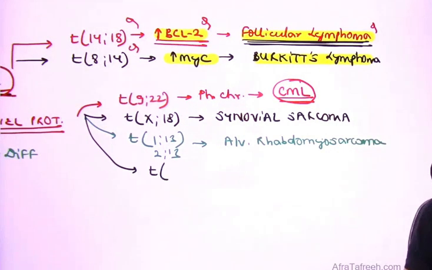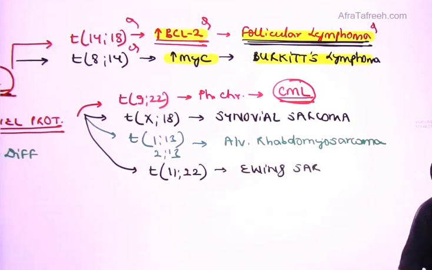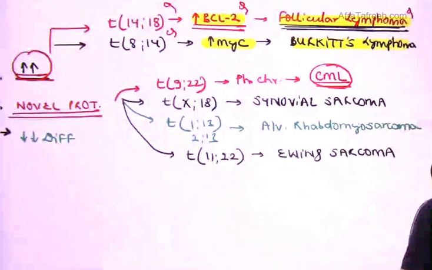Example number four, which to my mind happens to be a high yield example, is going to be a translocation which is taking place between chromosomes 11 and 22. This is what is going to be associated with, again, a novel chimeric protein which is responsible for the coming together of the EWS and the FLI1 gene, something that I've talked about in orthopedics in detail, and the tumor is Ewing sarcoma.